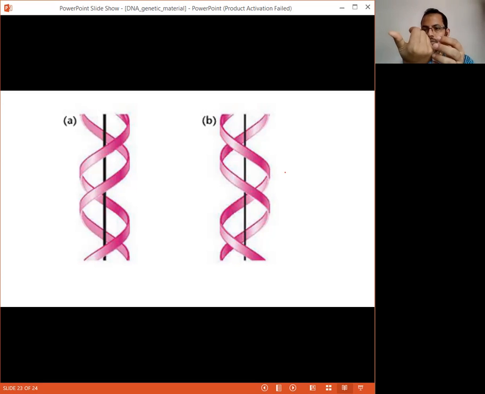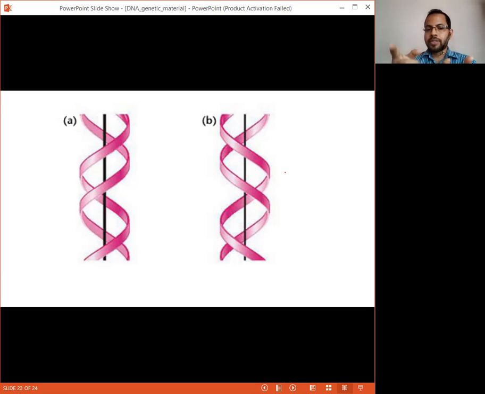Can you get my point? If you are moving this in this way, the helix is clockwise. So that is the right-hand helix. And if it is anti-clockwise, if you are using your left hand,